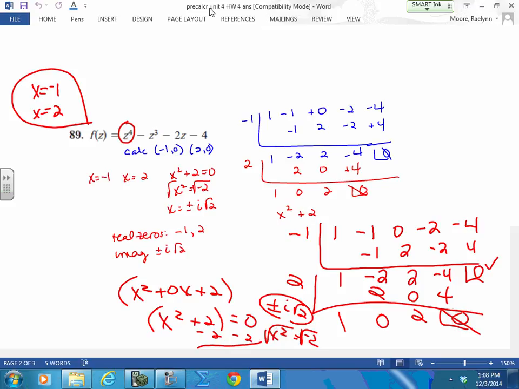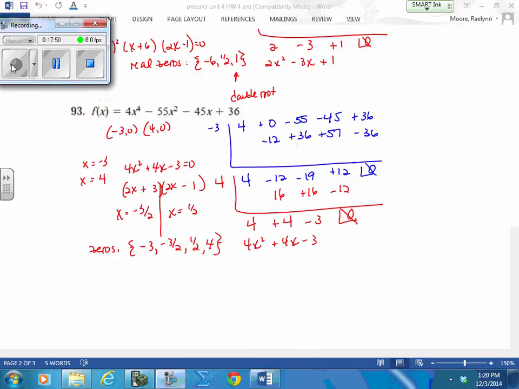So tomorrow we're going to go through the rest of these, and then I'm going to give you a review in class. But guys, make sure when you look for your real zeros that you're not giving me decimals. Because what's going to happen is you're not going to find your real irrational ones, and you're going to end up giving me a decimal. None of this will work. You need to break your real zeros down and factor when you can. And make sure all